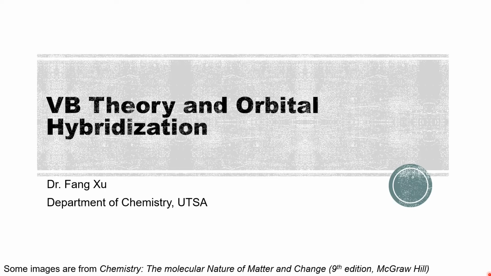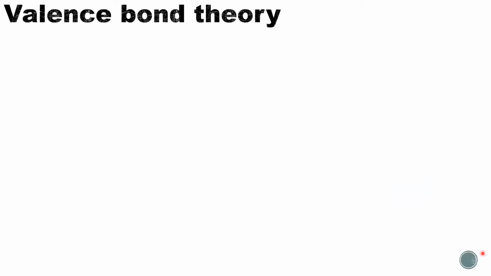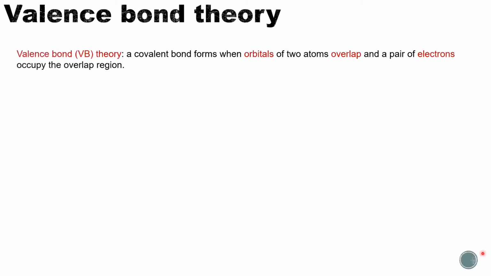Today we're going to talk about our last chapter, chapter 11. The topic is valence bond theory and orbital hybridization. First, what is valence bond theory? Valence bond theory is that a covalent bond forms when orbitals of two atoms overlap and a pair of electrons